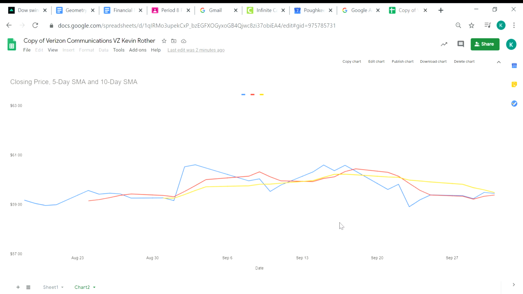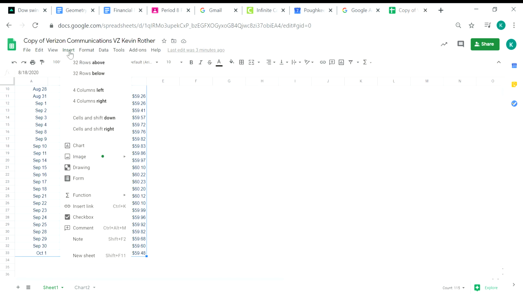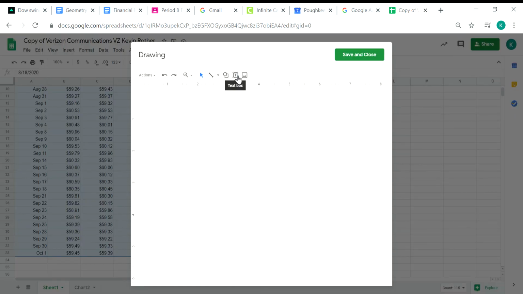Now, after you've got your chart, I want you to identify crossovers and then tell me if you should buy or sell. So it looks like if I move my cursor onto the line, you can kind of see the date a little bit. So this is about September 17th, I would buy. And then if I come over to here, it looks like maybe September 22nd, I would sell. So how are we going to indicate that? So the 17th and the 22nd were my dates. If I go back to Sheet and go into Insert and then go to Drawing and then click on Text